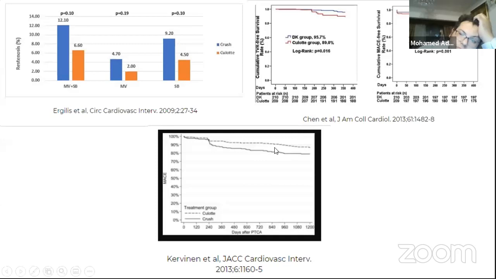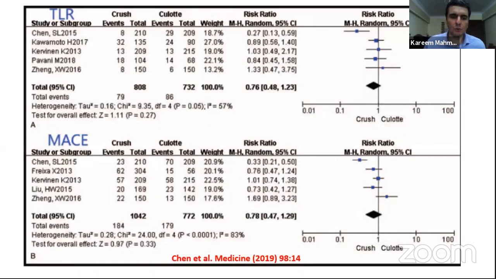However, repeating these results in the Nordic trial showed comparable results between the Culotte and the crush technique. So the Chinese group did this meta-analysis and showed that there is no significant difference between the Culotte and the crush.